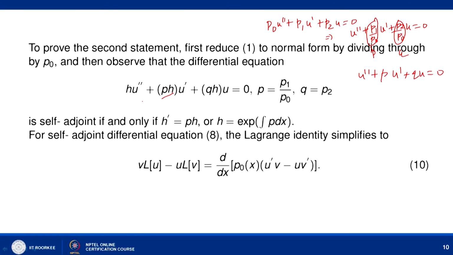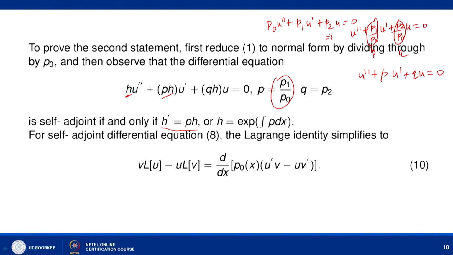So it means that if it is self adjoint form, then the derivative of the coefficient of u double dash must be equal to the coefficient of u dash. So h dash must be equal to p times h. This equation is in self adjoint form if we have h dash equal to p h, and this is a first order homogeneous differential equation. So we can easily solve this equation to find the value of h, and if you solve, then h is given as exponential of the integral of p dx, where p is this P1 by P naught. So it means that equation 8 can be